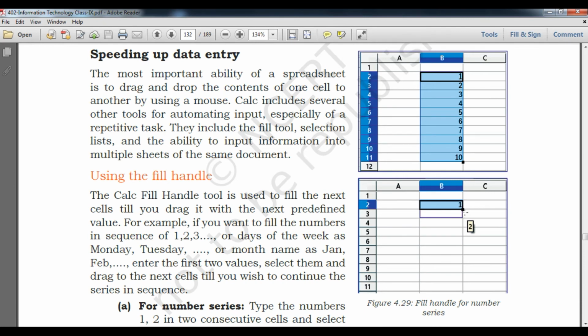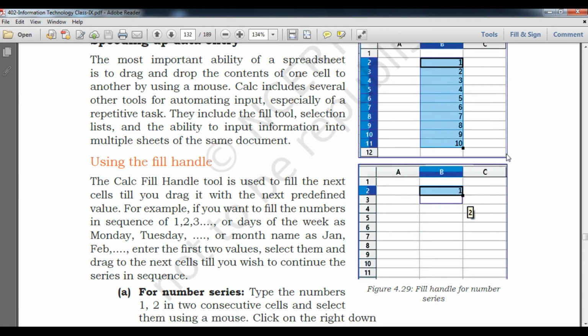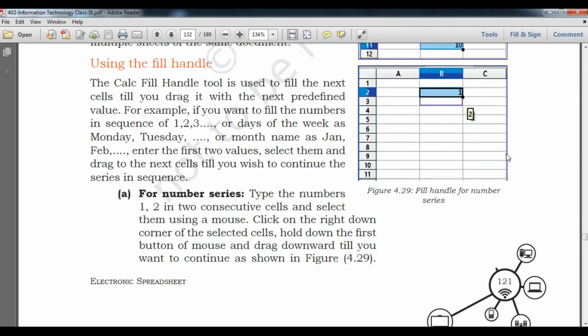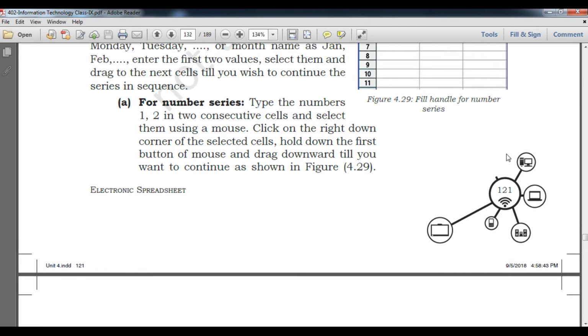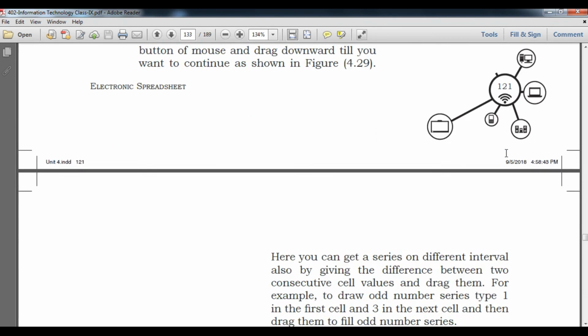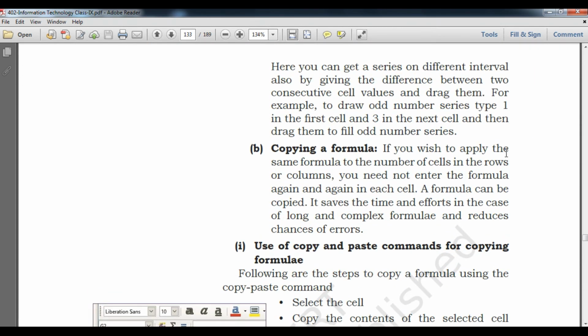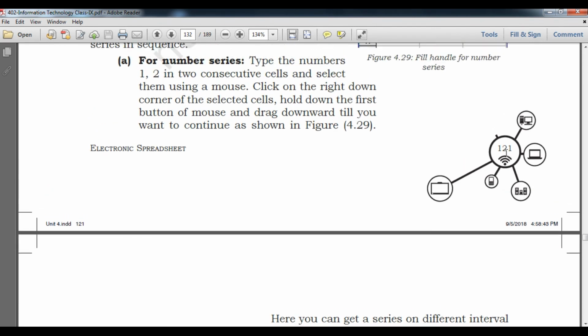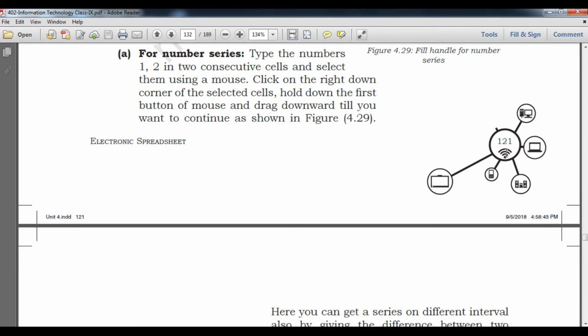It is this particular dot on my screen, termed the fill handle. The fill handle is used for number series like 1 2 3 4 5, or any series like Fibonacci, even series, odd series, tables, etc.